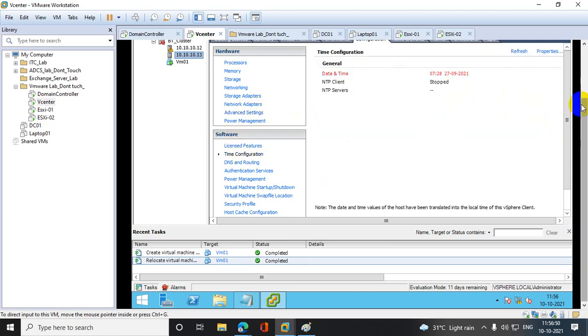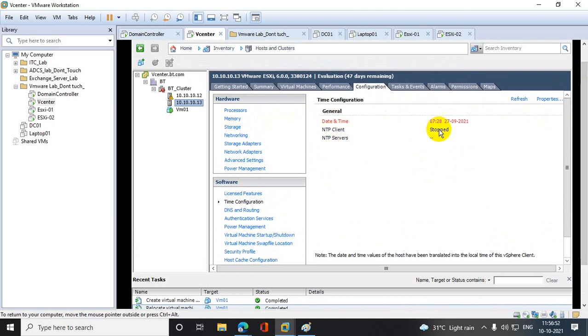Here you can see the NTP client option is stopped. That means the virtual machines are getting time from the local ESXi server. The local ESXi server will accept a set time, but it will not accept it when the daylight savings change starts, so you have to rely on your domain controllers.